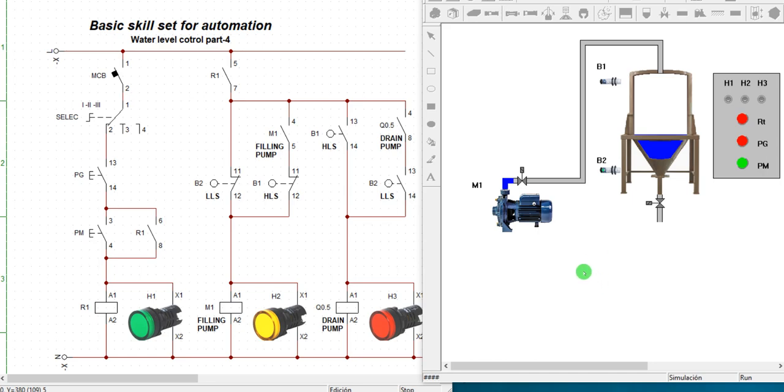All right, now you're welcome to water level control part 4. This is the stage 4 for us to manage water, designing circuit and logic for controlling of water. We have done part 1, part 2, 3. This is 4. Like I promised you, in part 4, I'm going to give you a graphic representation of